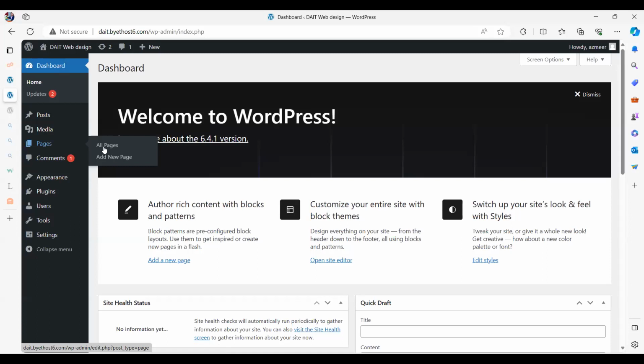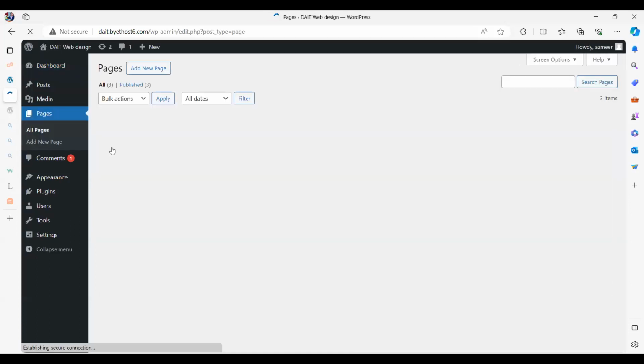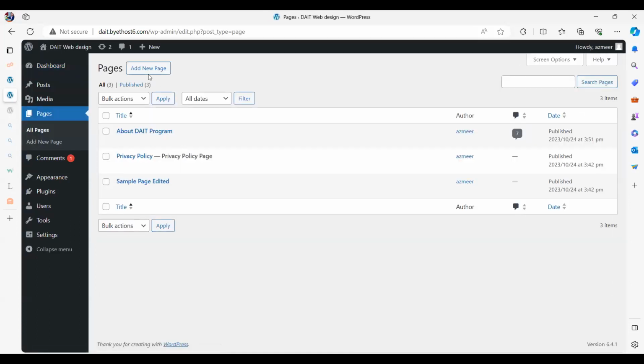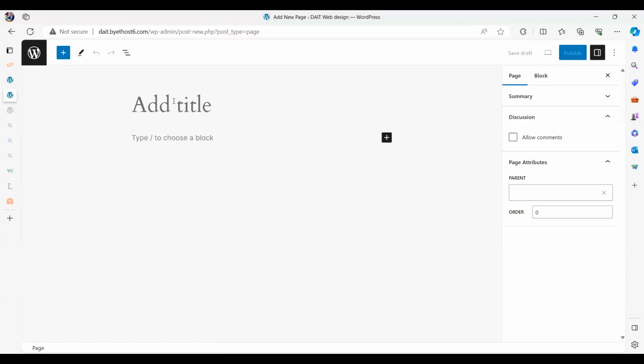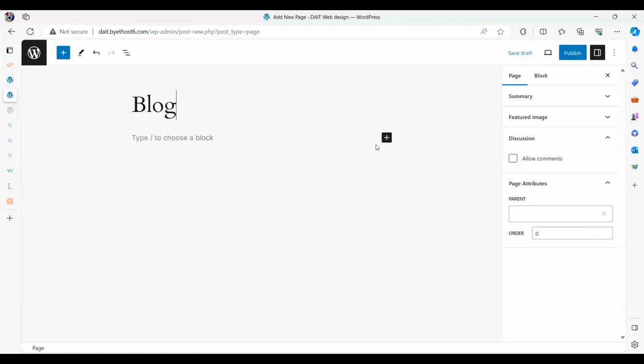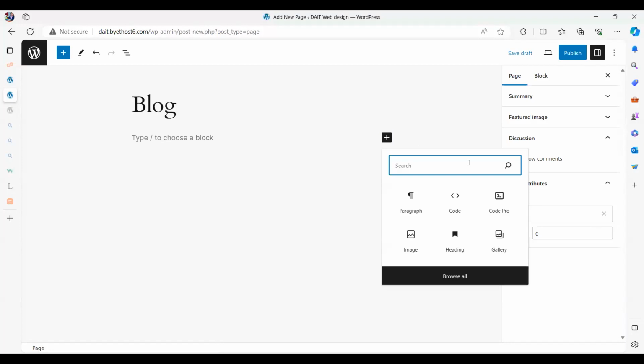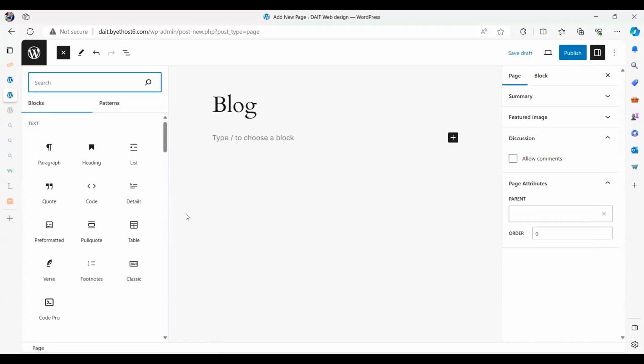Let's say I go to all pages. I'm going to add a new page. Let's call it blog. Right, and let's see whether I can do that without any plugin.